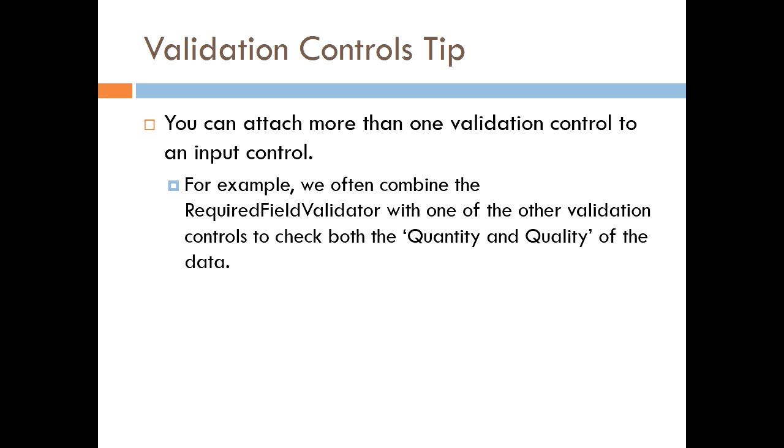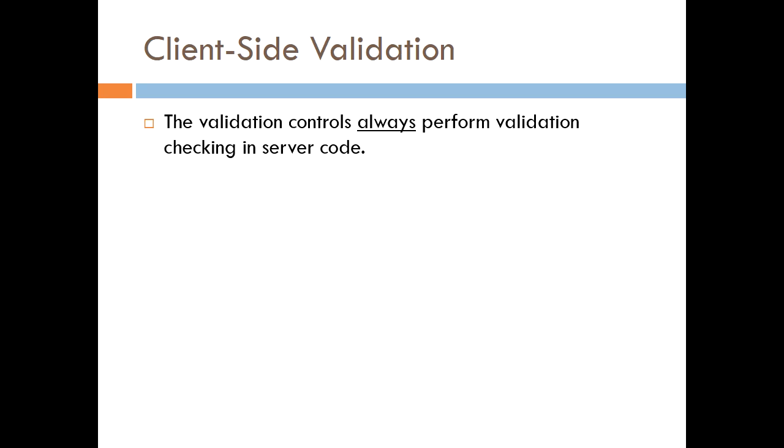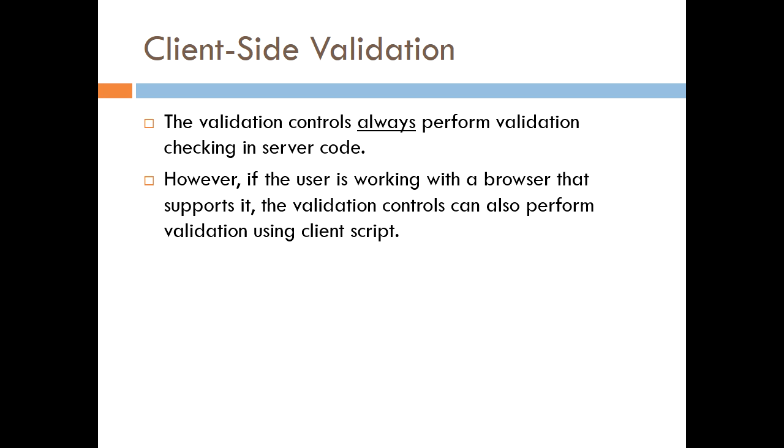So check not only that something is there, but it's the right kind of something as well, right? And the last thing to be aware of about this is the validation always happens on the server with all these controls. So when the data gets to the server, it gets validated there. If the client browser is capable of it, it will also generate its own. You don't have to write any of this client-side script. It will write it in the appropriate flavor for the browser and send it down,